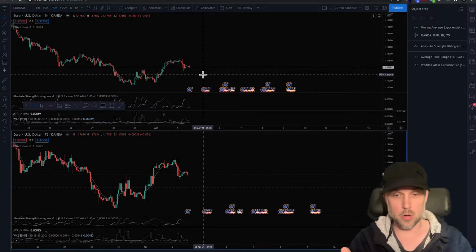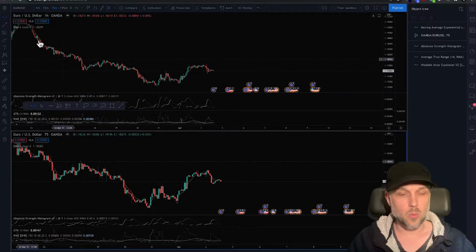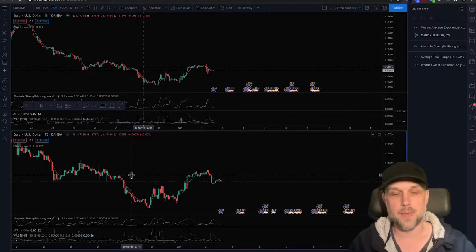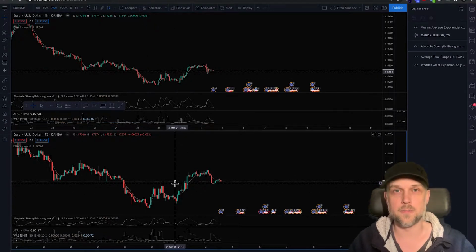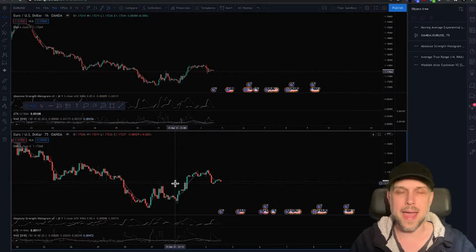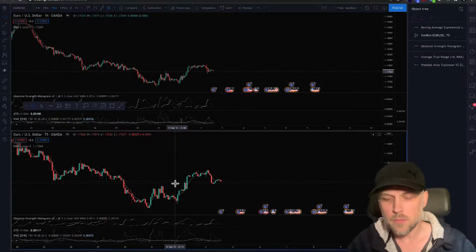We've got a Euro USD here on the top and on the bottom. We have the 1 hour chart on the top and a 75-minute chart on the bottom. What we're going to do is analyze the two of these. So let's establish some rules. First,